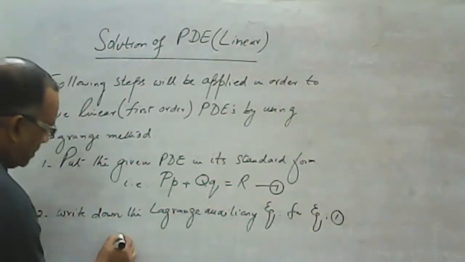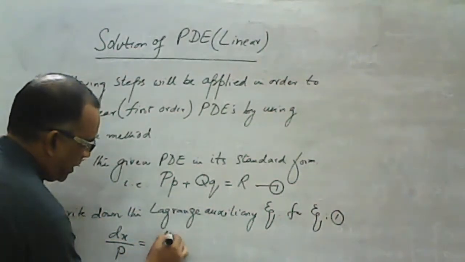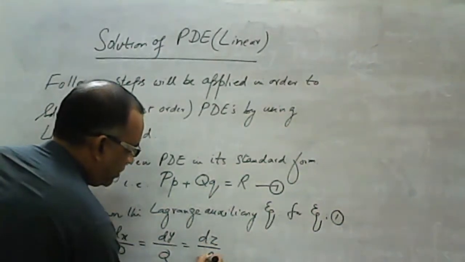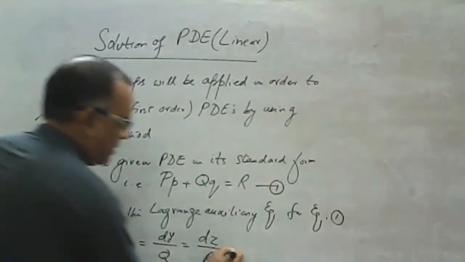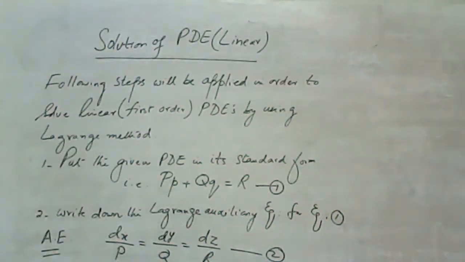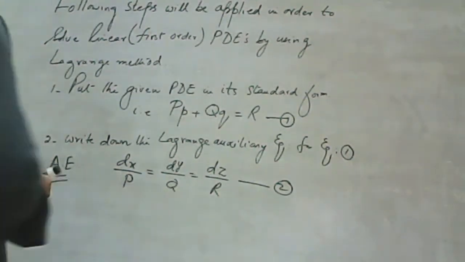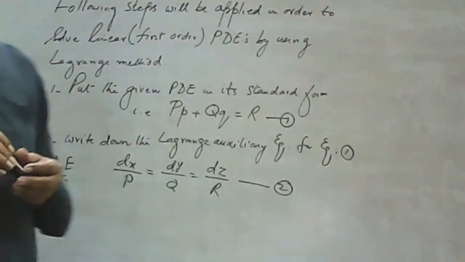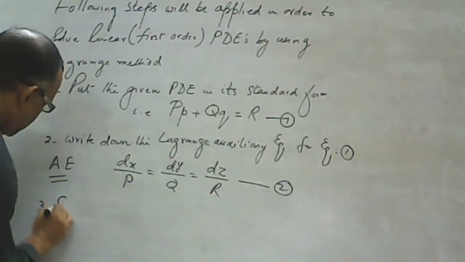and that is dx over P equal to dy over Q equal to dz over R. This is known as Lagrange auxiliary equation. So I am calling this equation number 2. Then moving on, step number 3. Then we need to solve this equation. Now solve this equation number 2